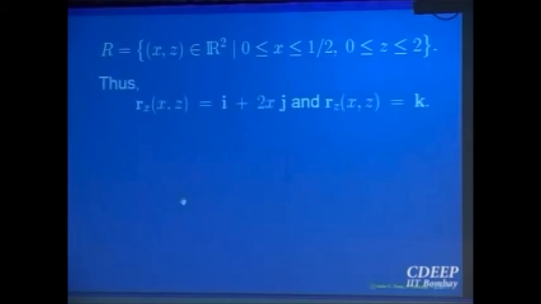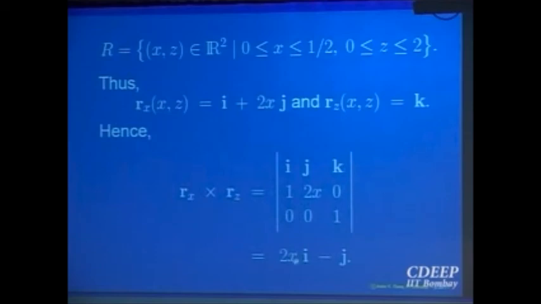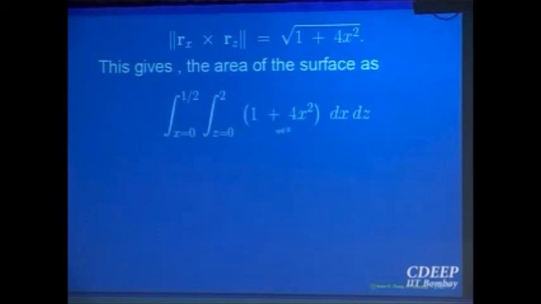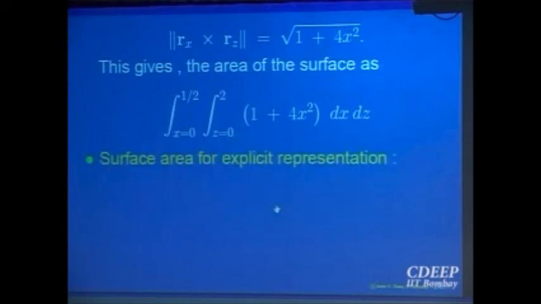So write down the area: compute Rx, compute Rz, and from there find the normal, Rx cross Rz. Compute that, take the absolute value of it, with the square root; I think the square root is missing, so compute that anyway. The basic idea is that to find the surface area you need a parameterization. Same as for curves: to do any computation about curves you need a parameterization of the curve. Same thing for a surface.